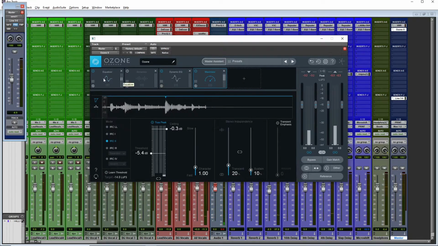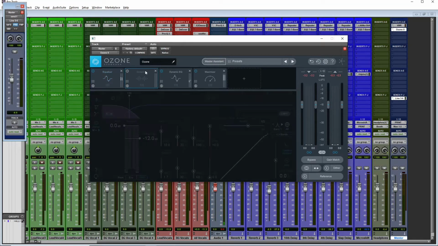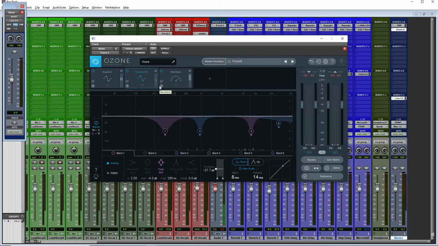Okay, cool. Let's see what it's done. So, like I said in the last video, the kick drum in the beat for Undefeated is super loud. As you can see here, the first thing it's done is turn down the bass, not by a lot, 1.6 decibels. It's done a little boost there on the high mids, and a little boost on the highs. It's done nothing in dynamics. This is bypassed, so we can just close that. It's done some dynamic EQing,